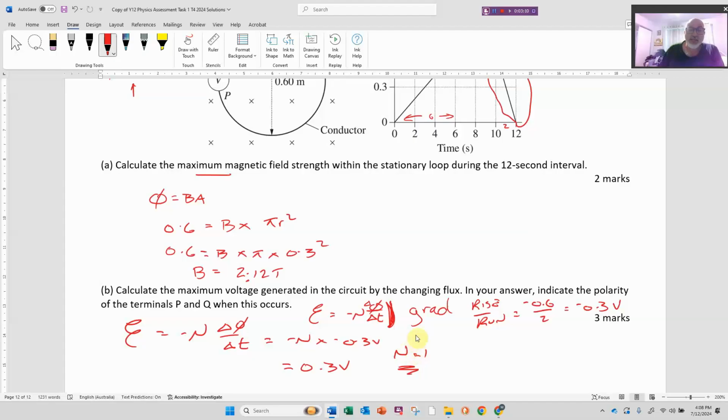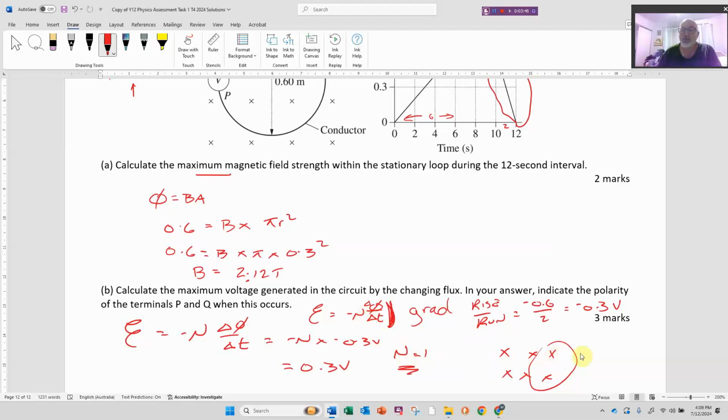Righto, so if that's the case, what is the direction of current flow? Once again, at that time, let's do a quick diagram. If the flux is coming out of the magnetic field, it's going to want to increase the magnetic field going through it. So in that case, if you use your right-hand grip rule, put your fingers in because it wants to actually have the magnetic field going into the page, curl your fingers around, and we're going clockwise, which is P